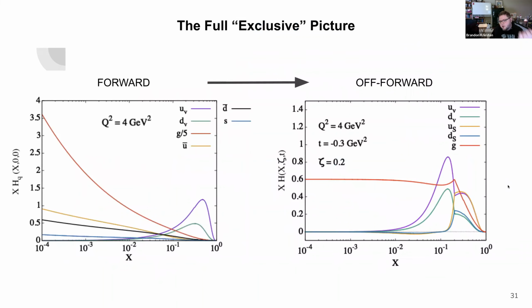So what one has once you develop the gluon GPDs, and a similar game can be played for the antiquarks, is that you can develop this kind of full exclusive picture. So you go from forward objects, the PDFs, the parameterization with the PDFs, to now a fully off-forward picture of these distributions. So you have u valence, d valence, the c quark distributions, and the gluons. And this is what we show here, going from PDFs to GPDs, how this picture sort of changes.